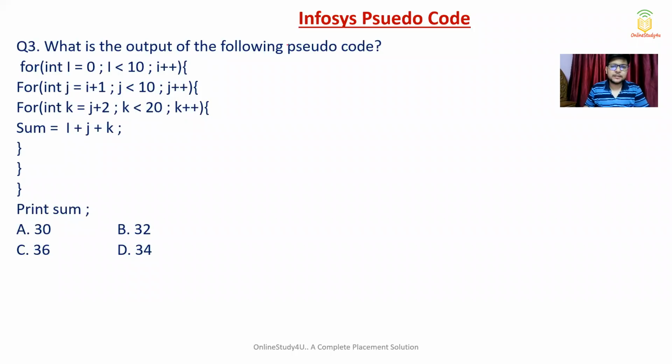So what is the output of the following pseudocode? Here sum is initialized with 0, and now I have an i loop. For i is equal to 0, my j runs from 1 to 9. Fine. And for every iteration of j, my k runs from 3 to 19. Okay, fine. So there is a catch here, because when we will be doing all of this, so it